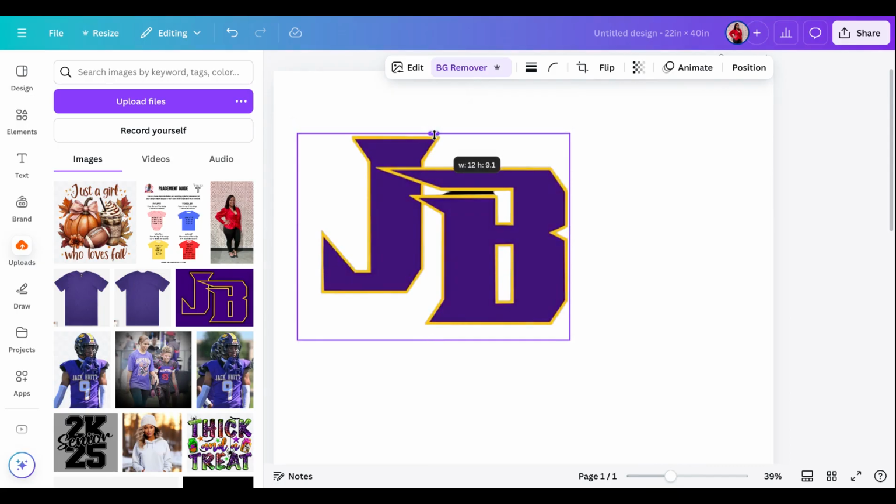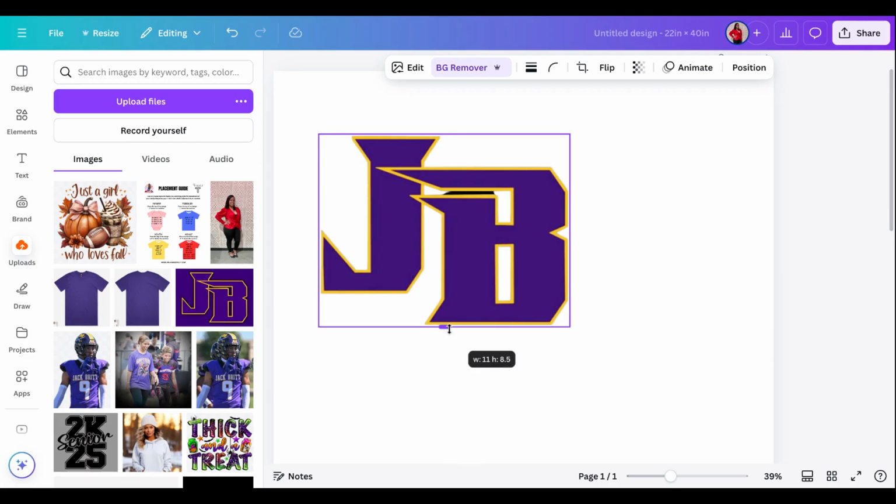We're going to crop everything from the top, the bottom, left and right sides. You have to get rid of this excess space so that you can have the correct size measurements. And if you don't know what size you need for a small, a large, youth shirts, I do have a placement guide that I'm going to leave in the comments below,